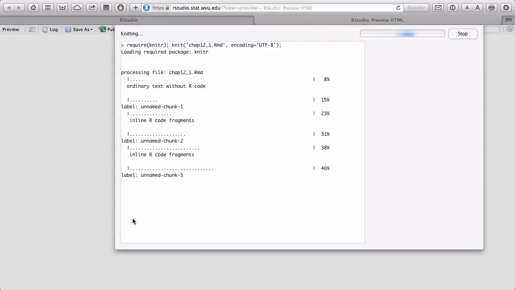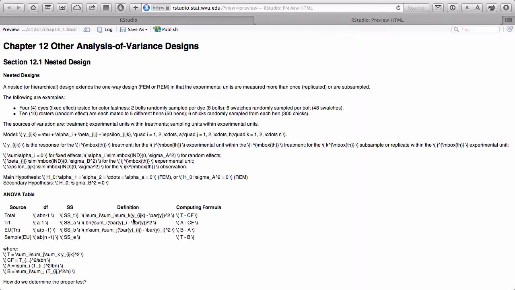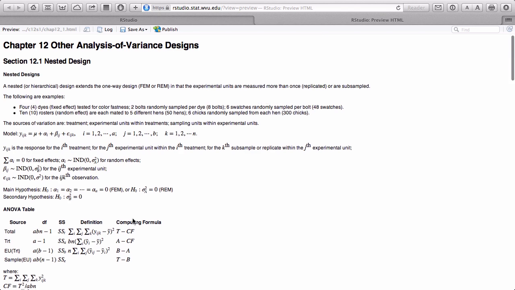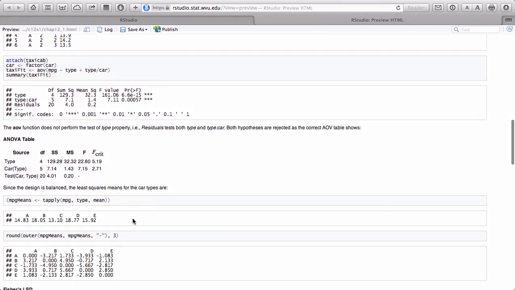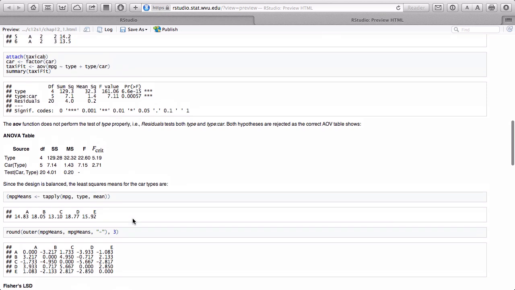So let me knit this. On a nested design, the one key thing I want you to get